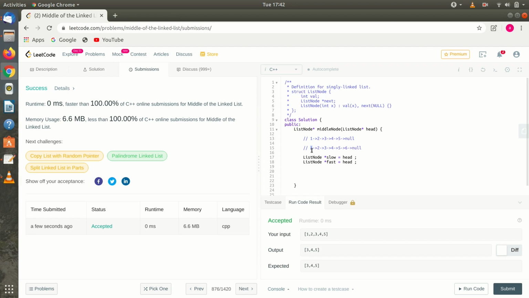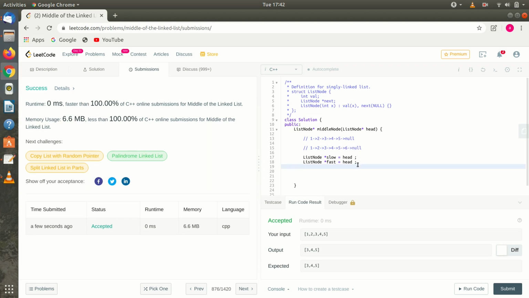So in the first iteration, slow pointer will be here and fast pointer will be here. In the second iteration, slow pointer will be here and fast pointer will be at 5, and slow pointer is at 3. In the third iteration, fast will move to null and slow will move to 4. So we have to return slow because that is the middle element.